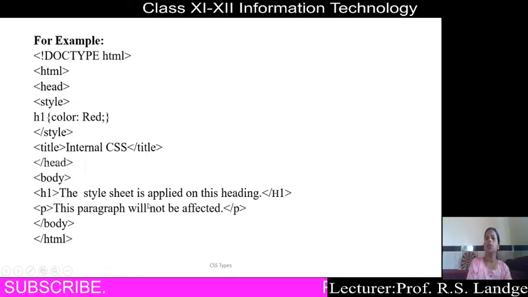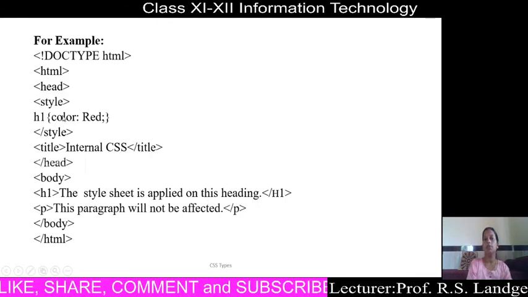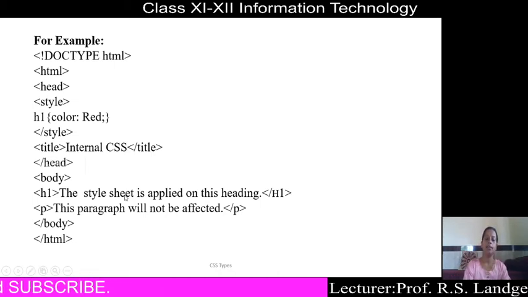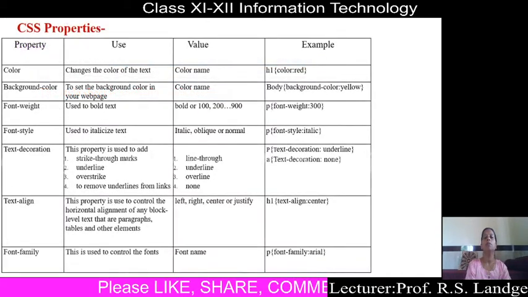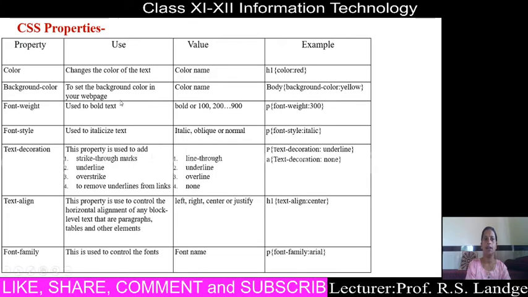So if you add another heading tag, h1, after this paragraph tag, the style will be applied to that h1 also. Means inside the body section, for any number of h1 tags, whenever it finds the same selector, the style will be applied to many tags.